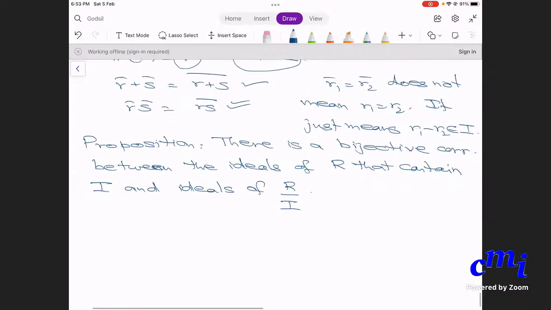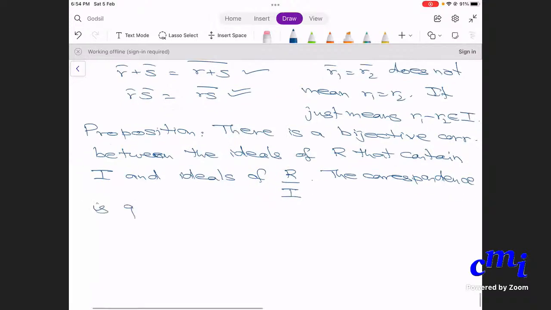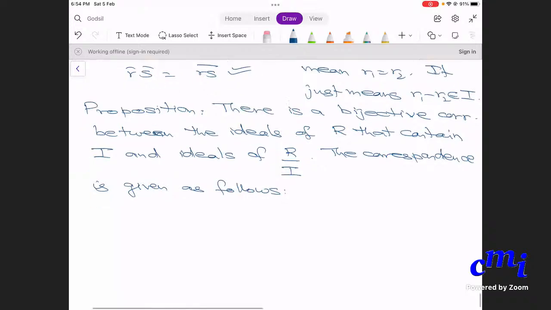So the correspondence is given as follows. I have to give you both directions, right? If I give you an ideal of R which contains I, what is the ideal of R mod I to which it corresponds? And if I give you an ideal of R mod I, which ideal of R does it correspond to? So I will give you both directions. So if J is an ideal of R that contains I,